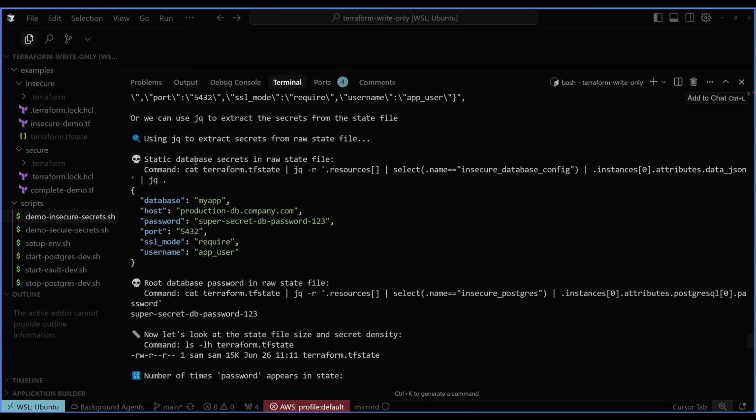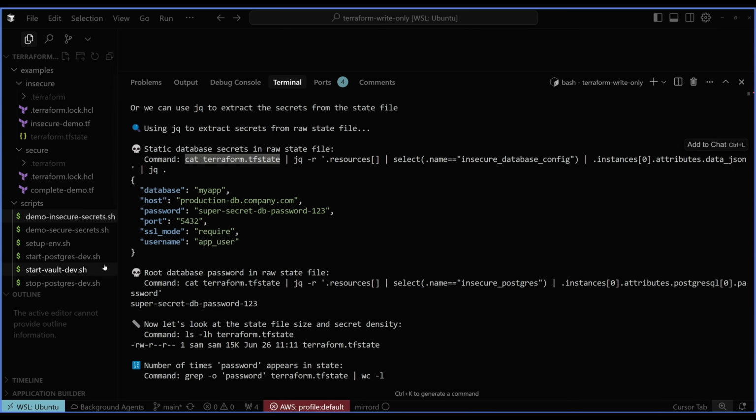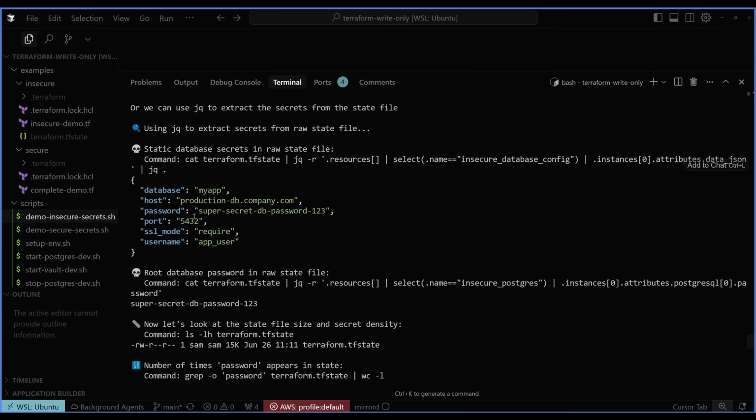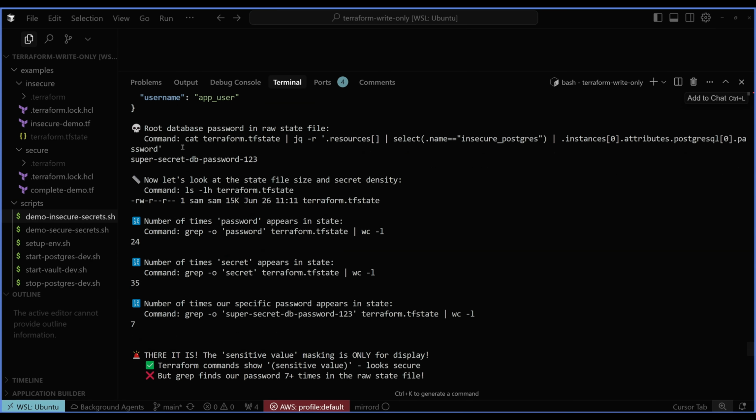You can also use jq to extract the secrets. So using jq with the command cat terraform.tfstate piped to jq, you can actually hone in and see exactly the database config with the database host, the password right there in plain text in the state file. You can also look for the root database password for the dynamic secret to connect Vault to Postgres. And if you run cat terraform.tfstate, again piping with jq, you can see the secret here